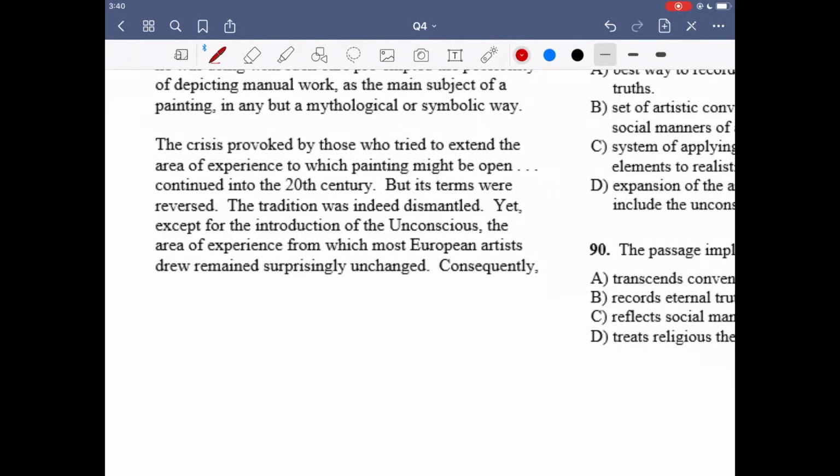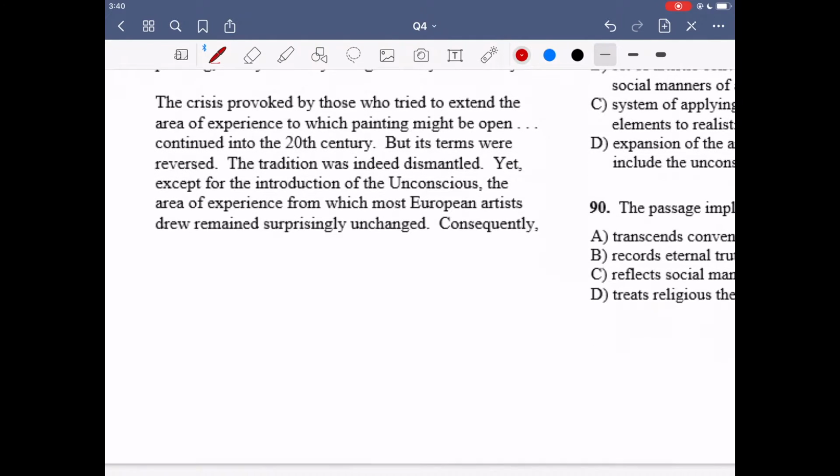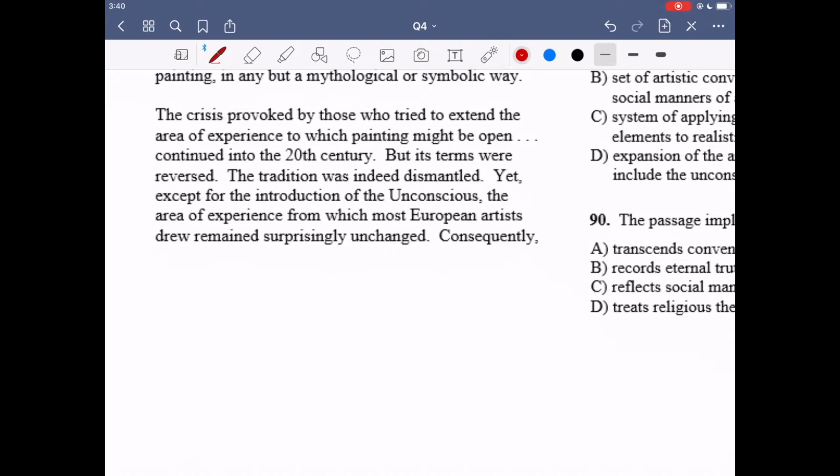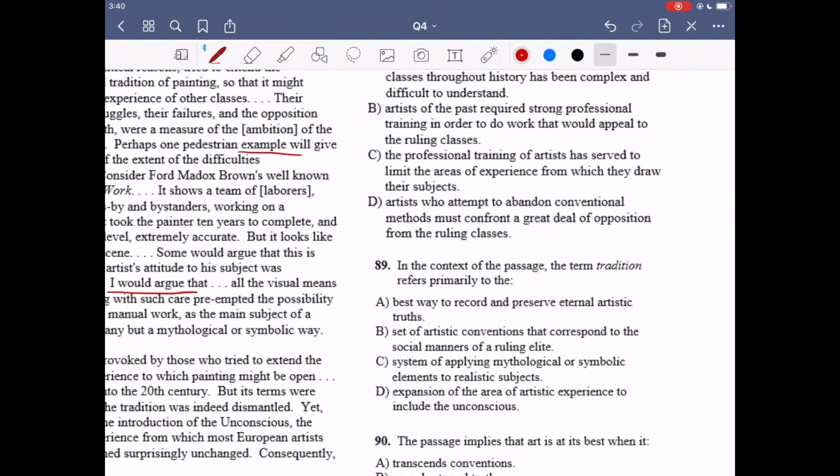So once again, for the second one, the main point was that the author thinks that artists are held back by the training they receive, and we're going to be hit with this point again and again. The crisis provoked by those who tried to extend the area of experience to which painting might be open, that continued into the 20th century, but its terms were reversed. The tradition was indeed dismantled. Yet, except for the introduction of the unconscious, the area of experience from which most European artists drew remained surprisingly unchanged. Consequently,